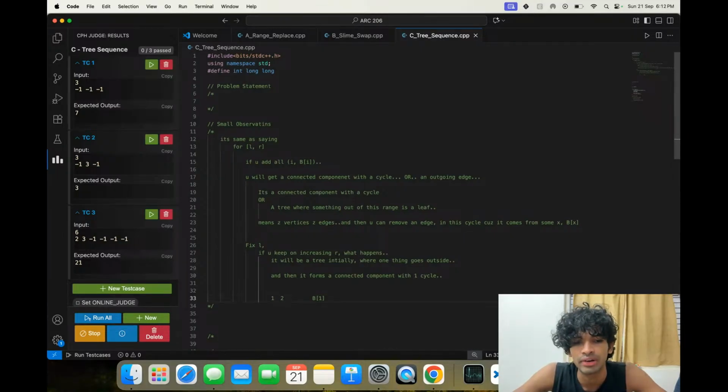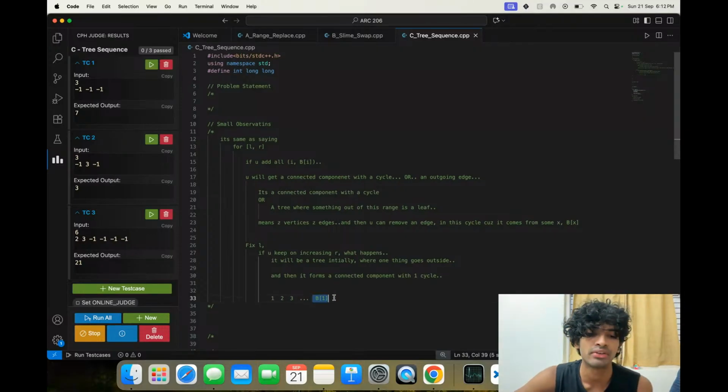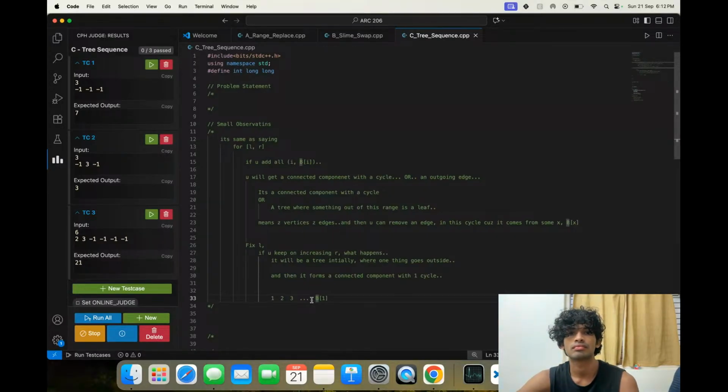Maybe they both formed a tree. When 3 comes, maybe these three formed a tree, up to so on, meaning 3 has an edge to 1 or 2. That's what it means by tree. Up to so on, everything has an edge to something previous. B of I is something previous because it's getting attached to the tree and then forming a tree. But now if you take this one, also this satisfies that.